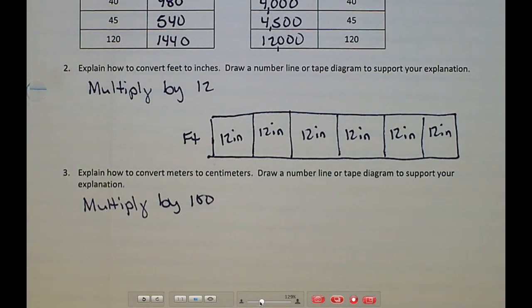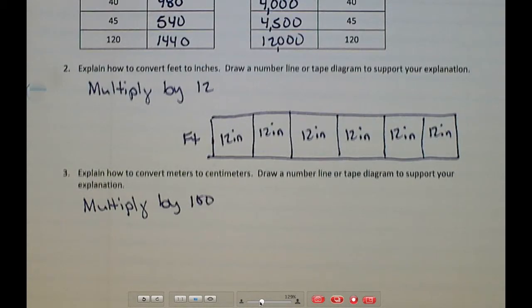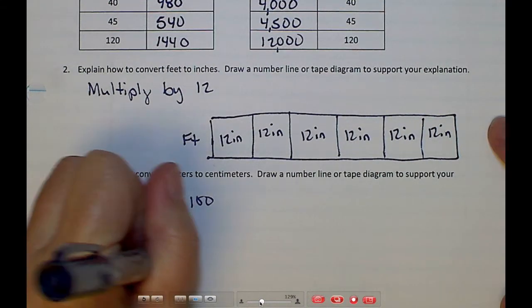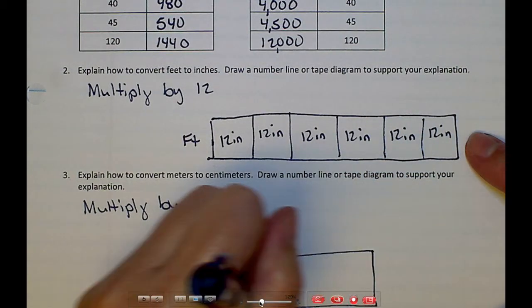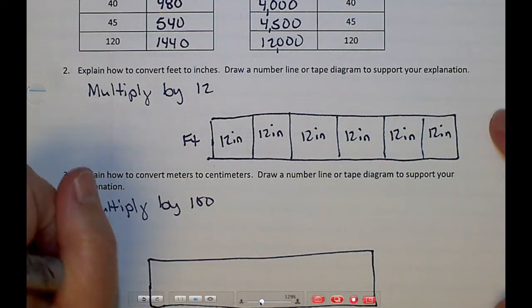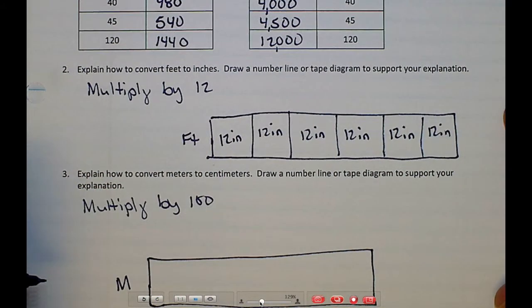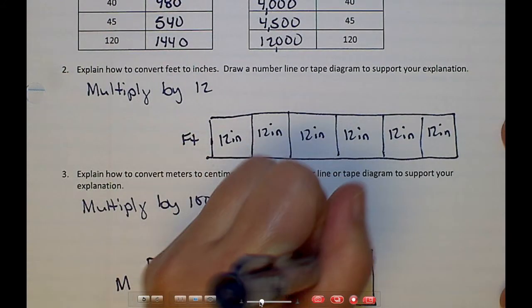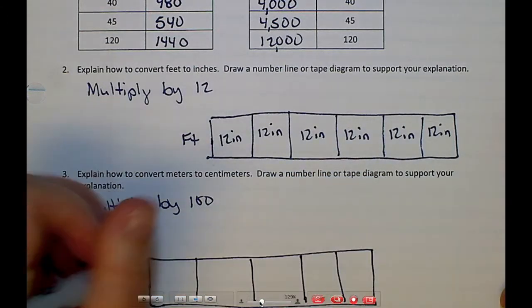So how do you think our tape diagram is going to look this time? Luke? 100. Okay, so we have meters in every one of our little boxes. To get 1 meter equals